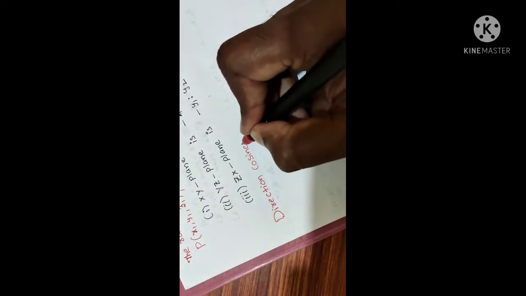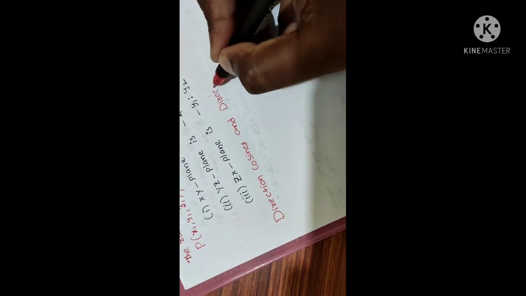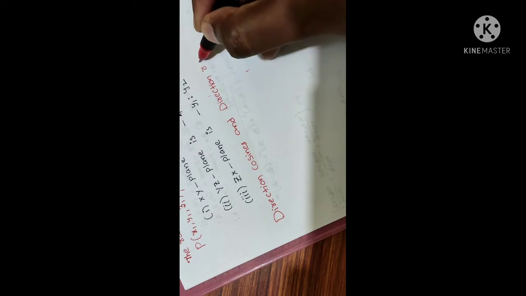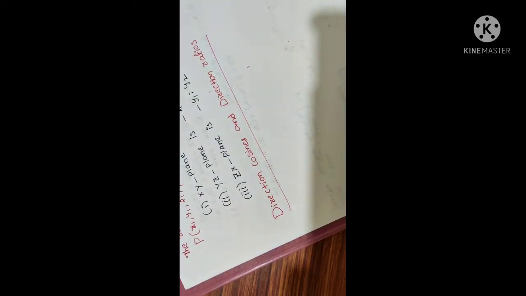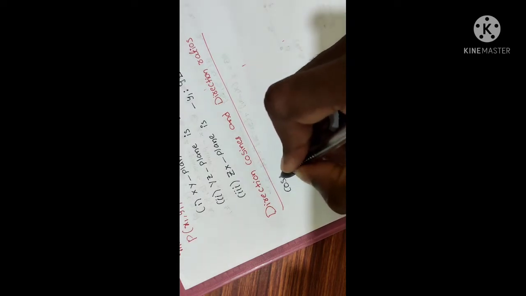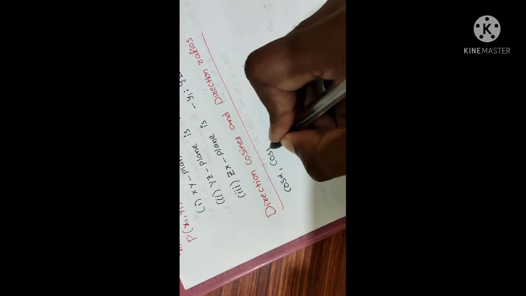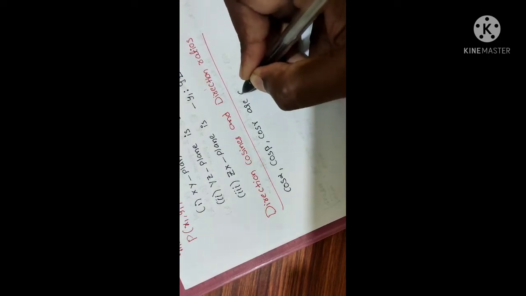Direction cosines and direction ratios. What is meant by direction cosines and direction ratios? A line makes angle alpha with x-axis, beta with y-axis, gamma with z-axis. Then cos alpha, cos beta, cos gamma are called